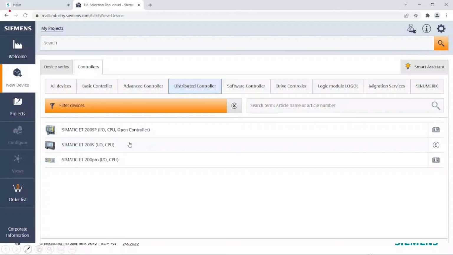You can select Pro also, that is also another controller available. And if you go into the software controller, which I have shown, that is a 1500 PLC. And if you go into the distributed controller, you will even have a distributed controller like open controller under here. So if you select this open controller,